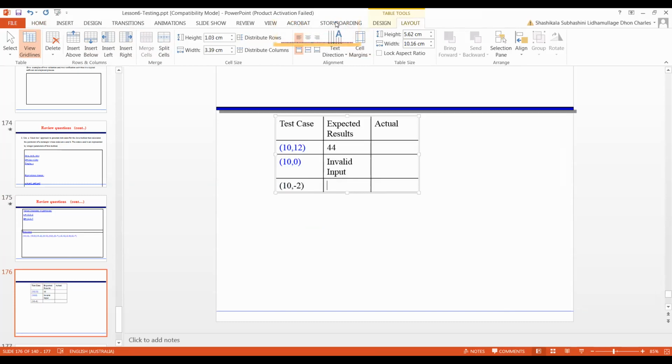Here also the same, Afan. If you input a minus value, is it possible to get a result for a rectangle perimeter? There is no rectangle here. Therefore, it should be an error message, invalid input.